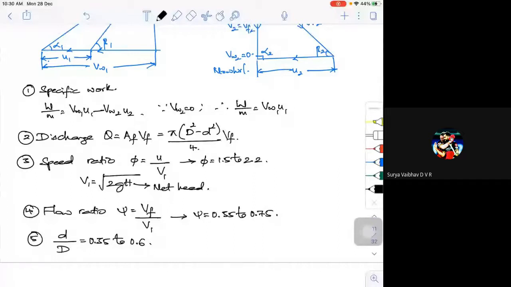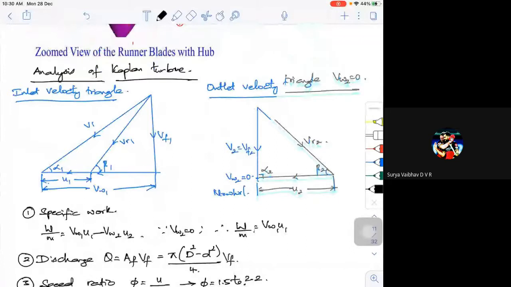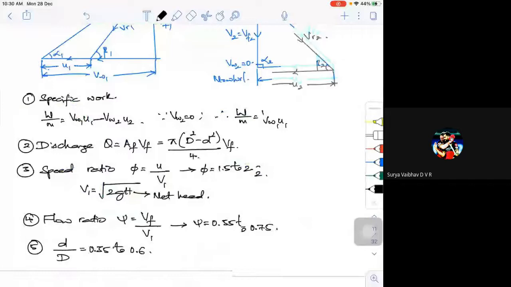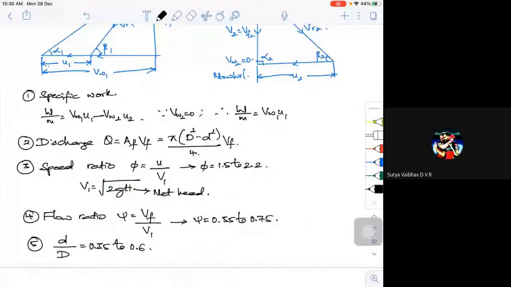See, once you know one particular type of turbine, Pelton or Francis, or whatever it may be, most of your formulas that we have seen are very similar. So your Francis or your Kaplan, they are very similar. The only thing is when you come to design, some of the aspects change. Is that fine? Are there any doubts? You can ask. Before I move to the last topic, that is your draft tube, shall I move? Fine.